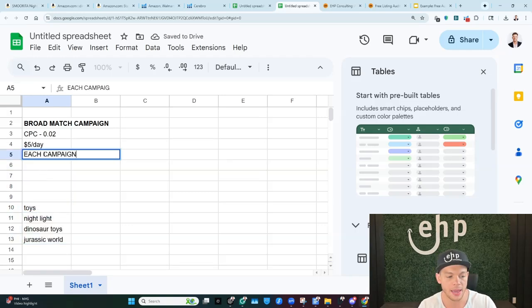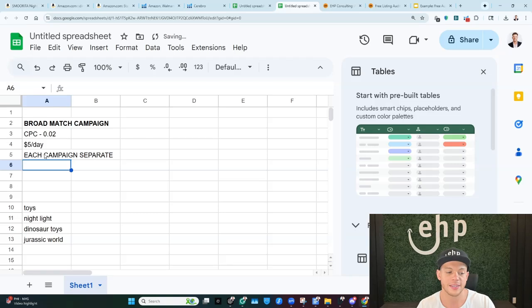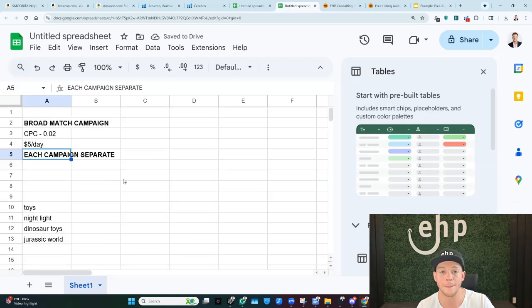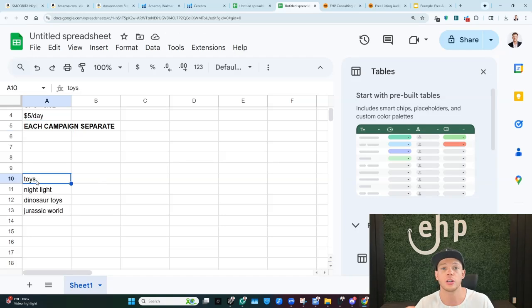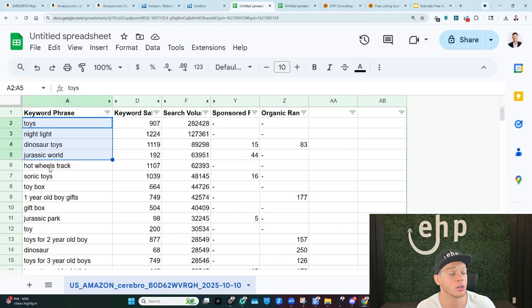Each campaign separate. This is where it gets tricky. And this is where if you're hiring somebody, they're going to get mad at you because this is going to be its own separate campaign. Campaign number 1 just has this keyword. Campaign number 2 just has this keyword with a 2 cent cost per click. Campaign number 3, campaign number 4, and you're pretty much going to be going through a lot of these keywords. You need to make sure they're relevant, right? I'm not going to do Hot Wheels or Sonic Toys, Toy Box,